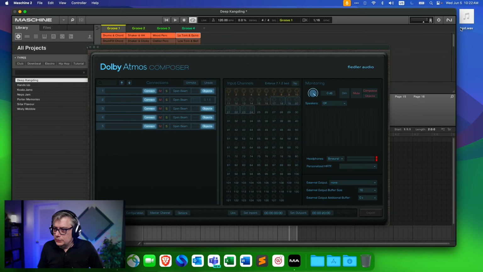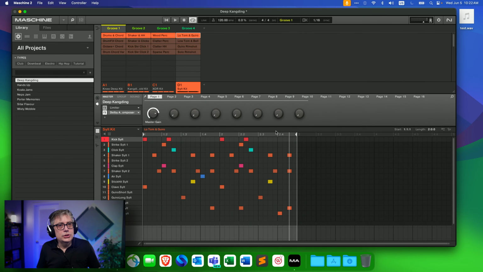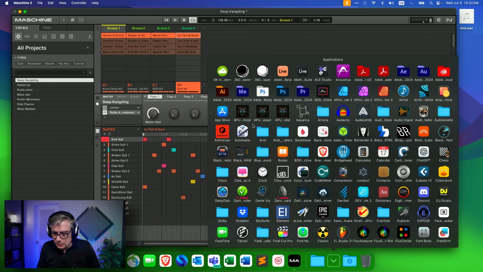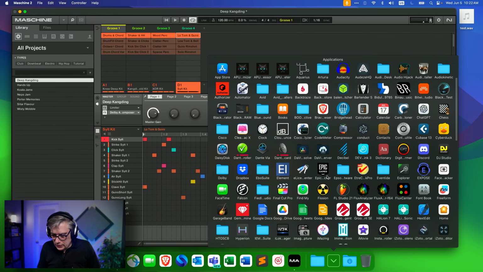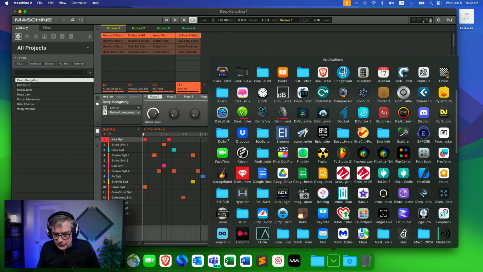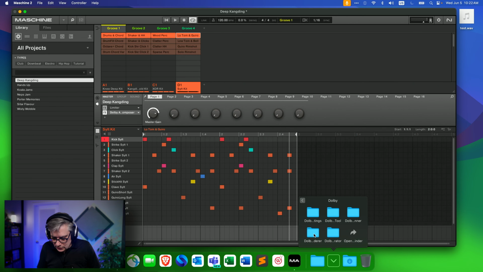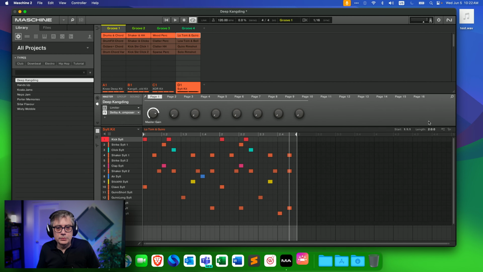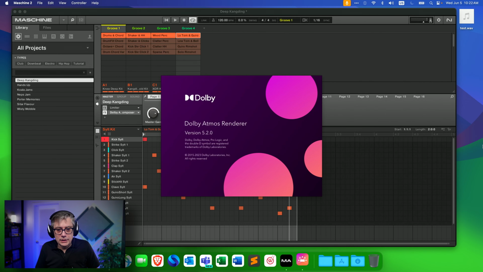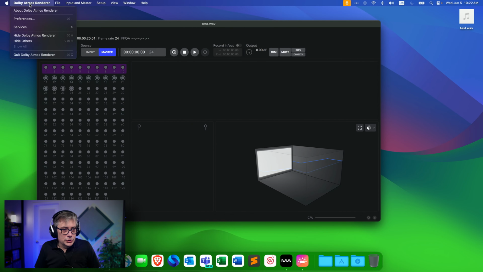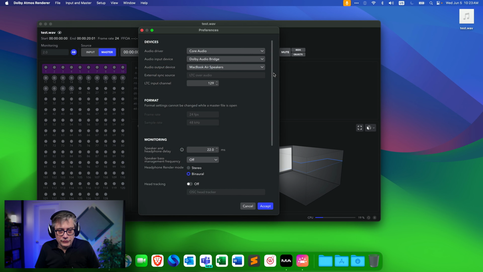That means we now have the test file here as a Dolby Atmos master file, and we should now simply check if that Dolby Atmos master file is actually a Dolby Atmos master file. So let me open up the Dolby Atmos renderer, and way too much software here. So here we have the renderer, so let's open that up. And let's just make sure that everything is set in the preferences.